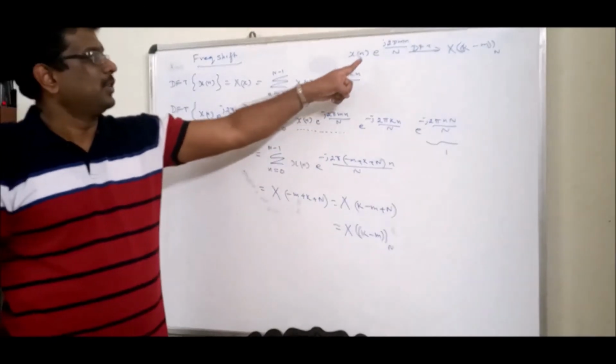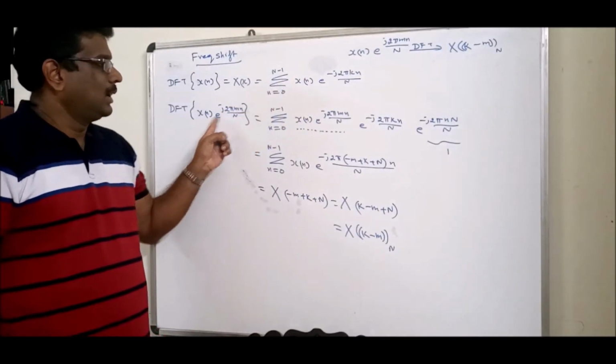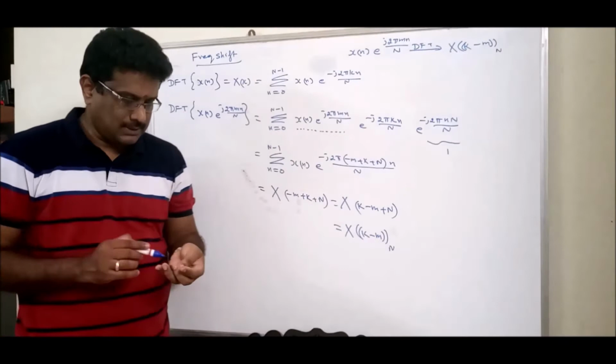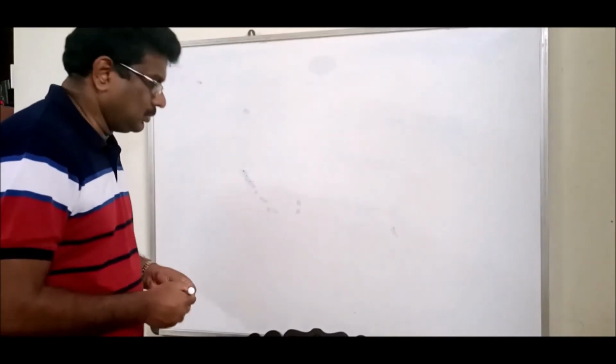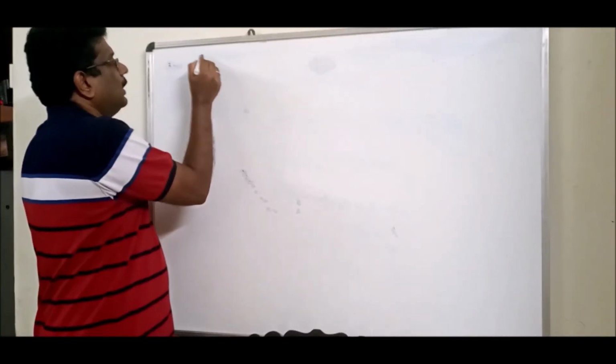I started my proof from the LHS, left hand side, and I came to the right hand side, RHS. Let us start the next property, which is